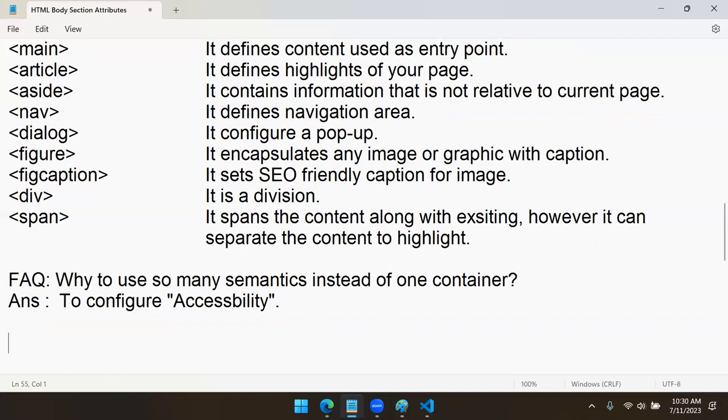accessibility means what? Accessibility is nothing but it makes your content more search engine friendly as well as user friendly. Both means you have to use the word accessibility. If you say SEO friendly, it is only SEO friendly. But it is not just SEO friendly, it is SEO friendly as well as user friendly. SEO and user friendly means you have to use the word